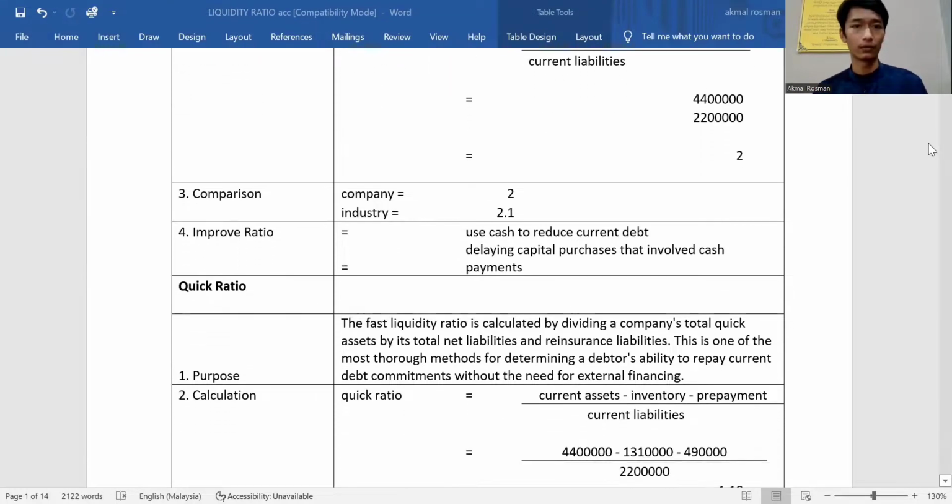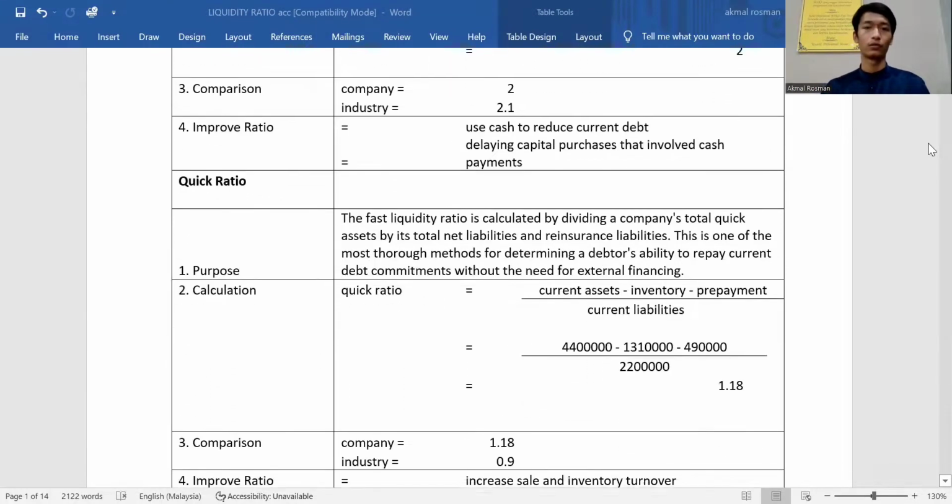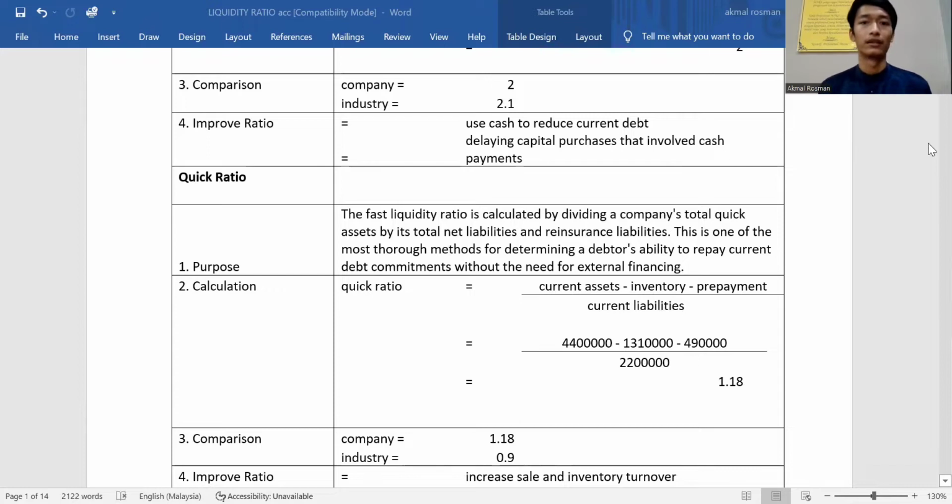Next, I will explain about quick ratio. So quick ratio, the fast liquidity ratio, is calculated by dividing a company's total quick assets by its total net liabilities and reinsurance liabilities. This is one of the most true methods for determining a debtor's ability to repay current debt commitments without the